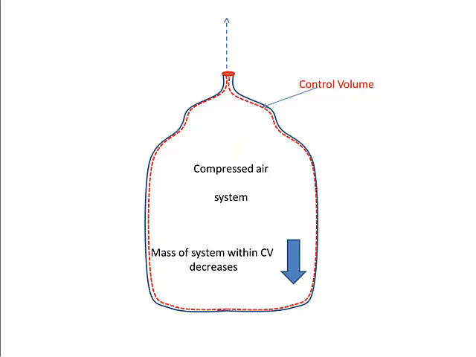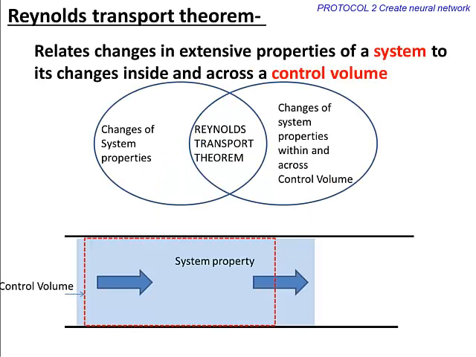When a system moves through a control volume, its extensive properties may change. For example, a change in momentum of a fluid system causes reactive forces on the control volume. In this video, we discuss Reynolds transport theorem, which relates changes in extensive properties of a system to its changes inside and across a control volume. The goal is to derive appropriate mathematical relations that can be used for fluid dynamic analysis of a given flow